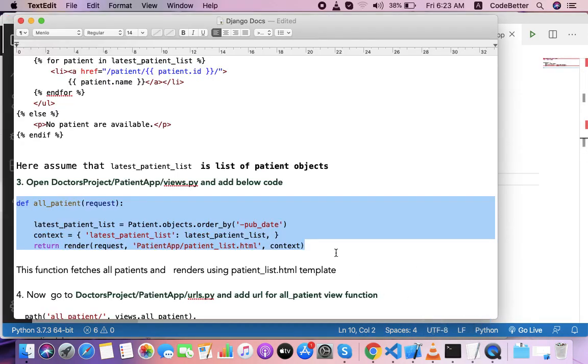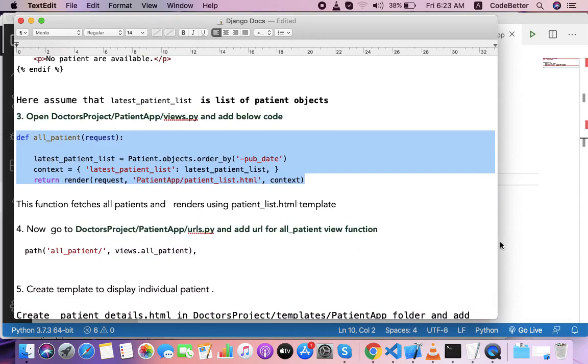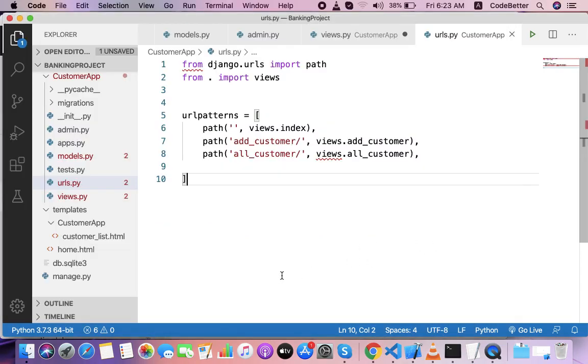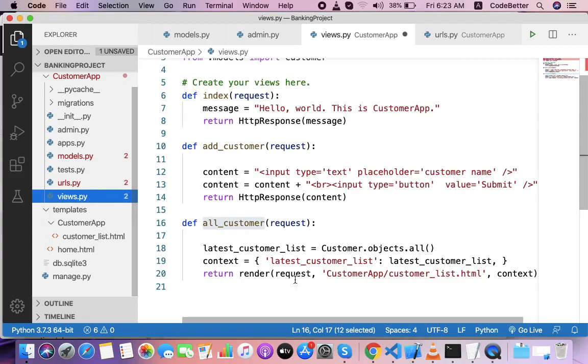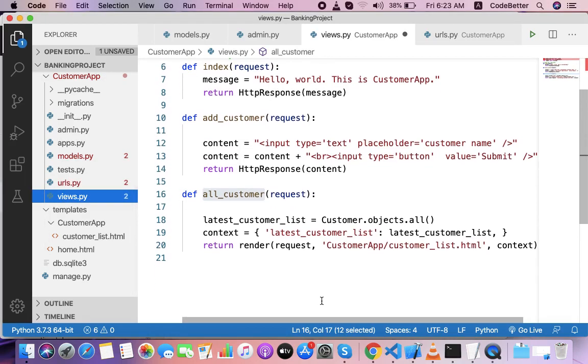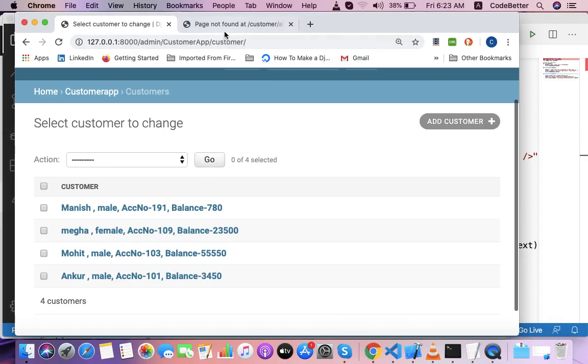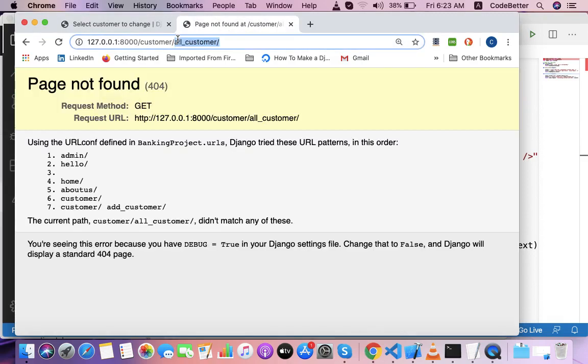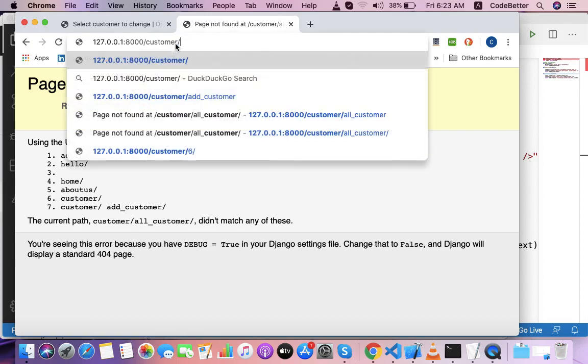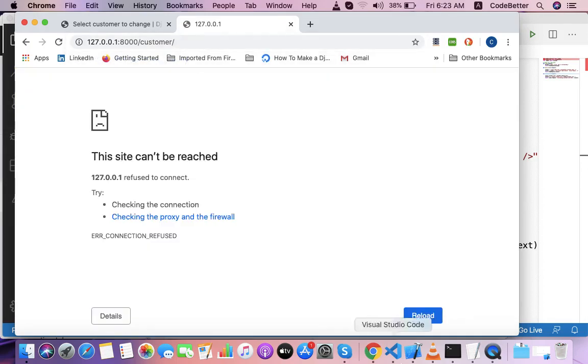So let's run it again and check whether it works. Let's go to our banking project and let's run it.